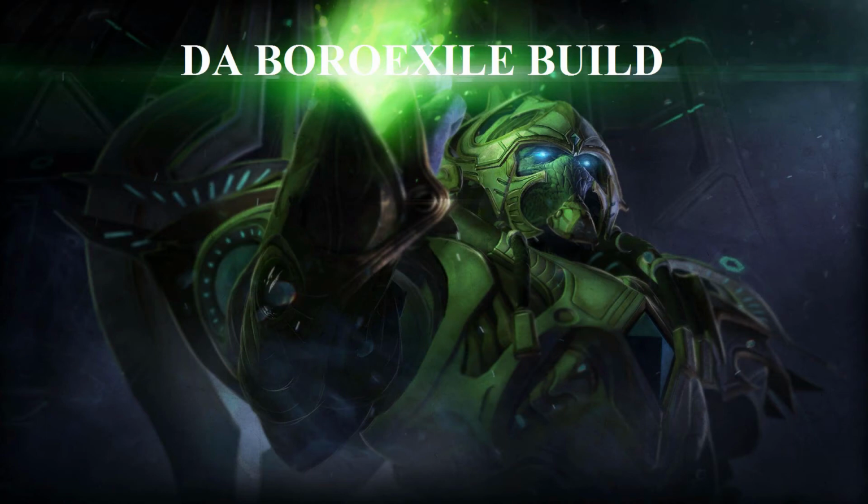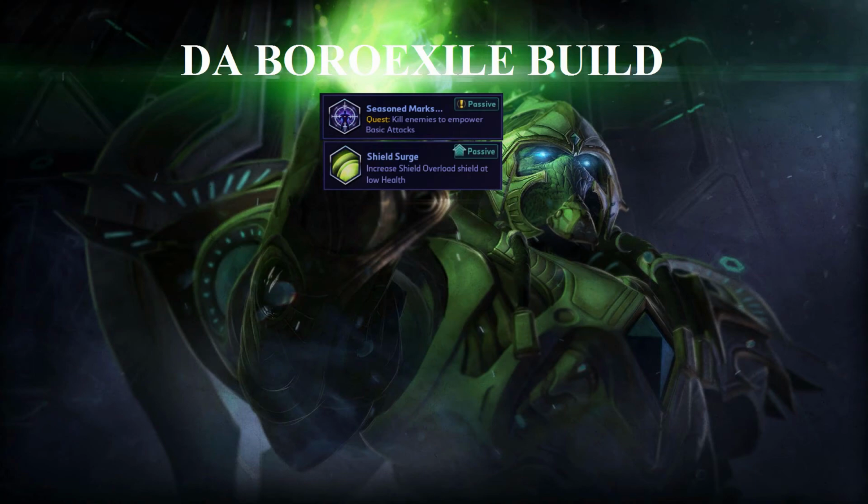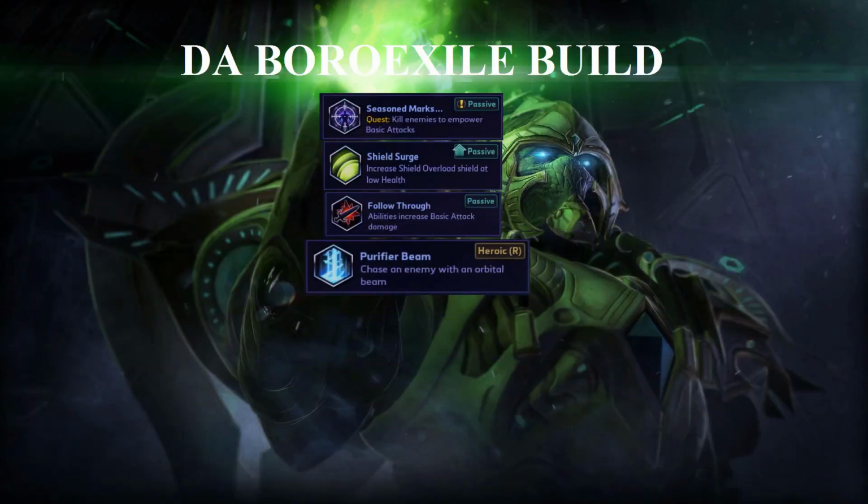That's why at level 1 the go-to talent is Seasoned Marksman. You can follow it up at level 4 with Shield Surge that we saw earlier, although at level 7 I do sometimes take Follow Through if we need some more melee damage. My build would usually take Purifier Beam. So at level 13 I take Graviton Vortex, so you can pull now an additional person with your